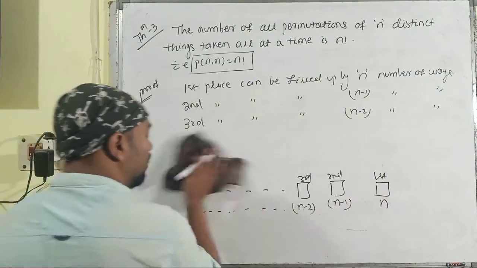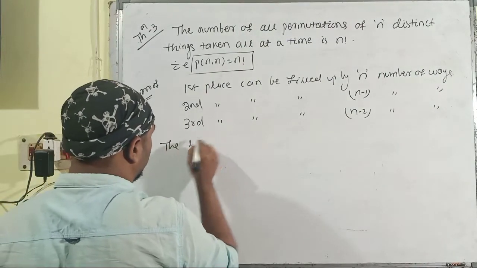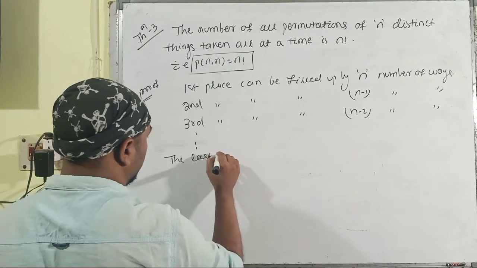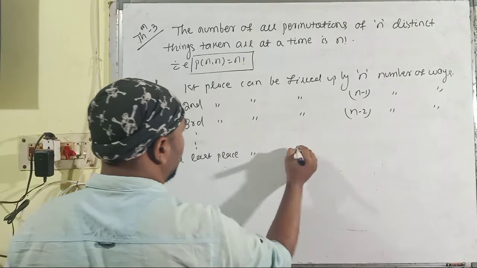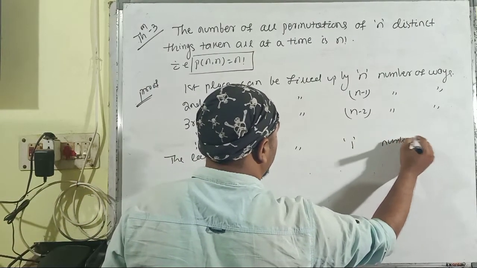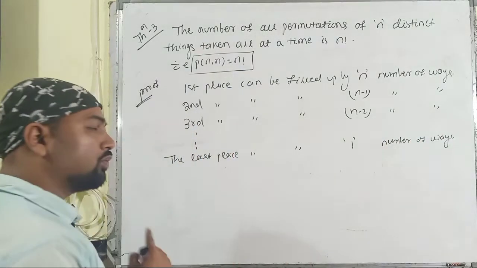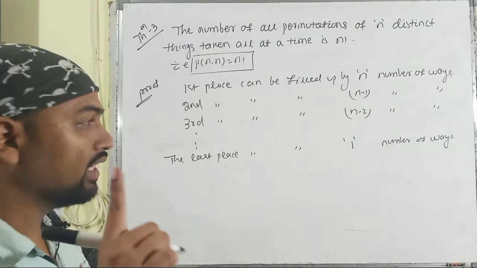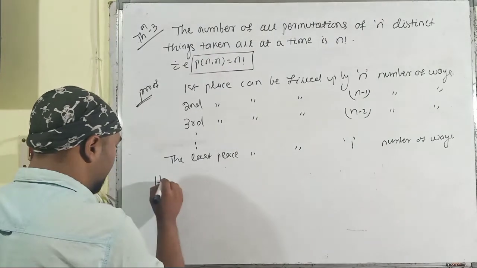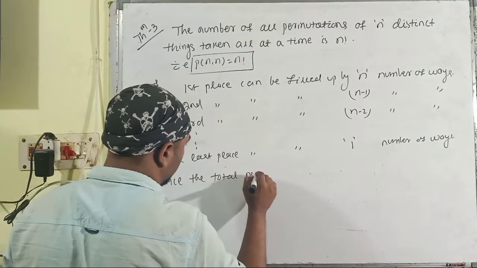Similarly, the last place can be filled up by 1 number of ways, because I have already told that for the last place there will be only a single element there. So the total number of permutations,